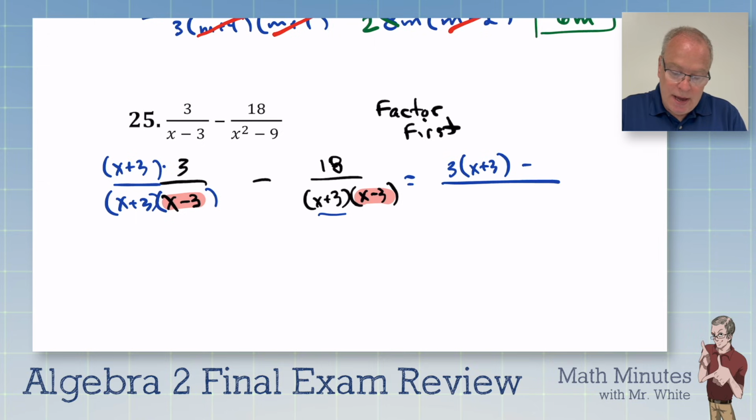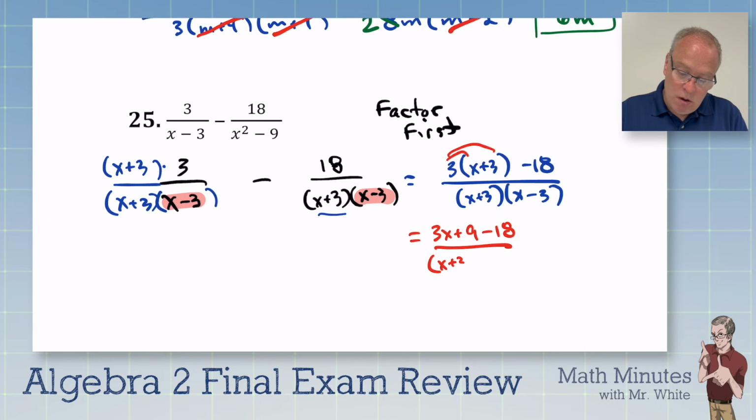3 times the quantity x plus 3 minus 18, all over the common denominator. And no, the x minus or plus 3s still don't cancel, folks. I get that question as well. We launch our little missiles there, distributive property. We get 3x plus 9 minus 18, all over x plus 3, x minus 3. We then get 3x minus 9, all over x plus 3, x minus 3,